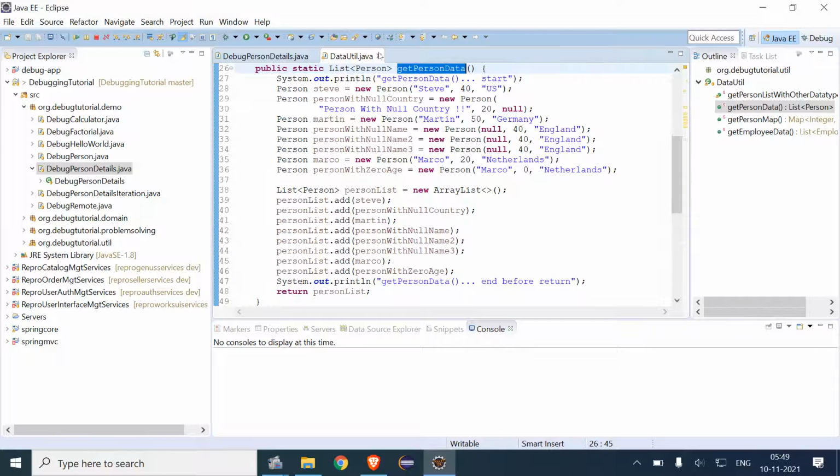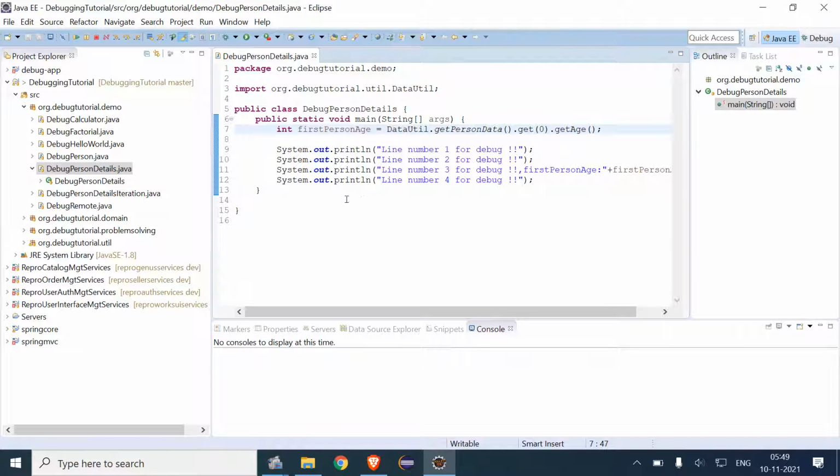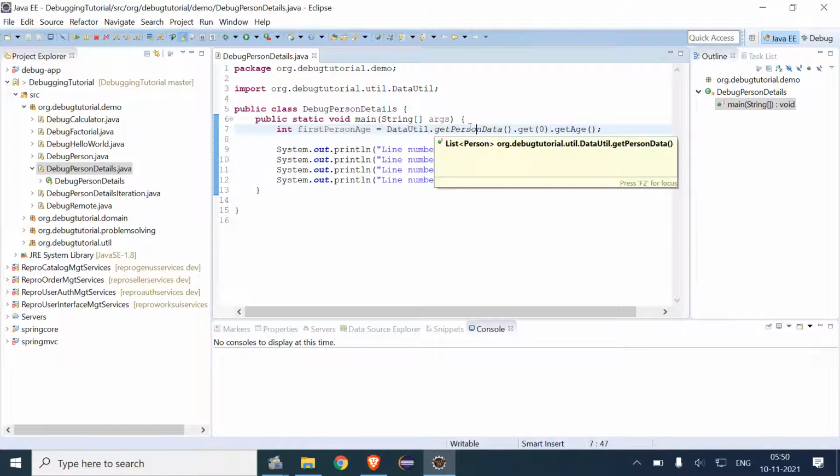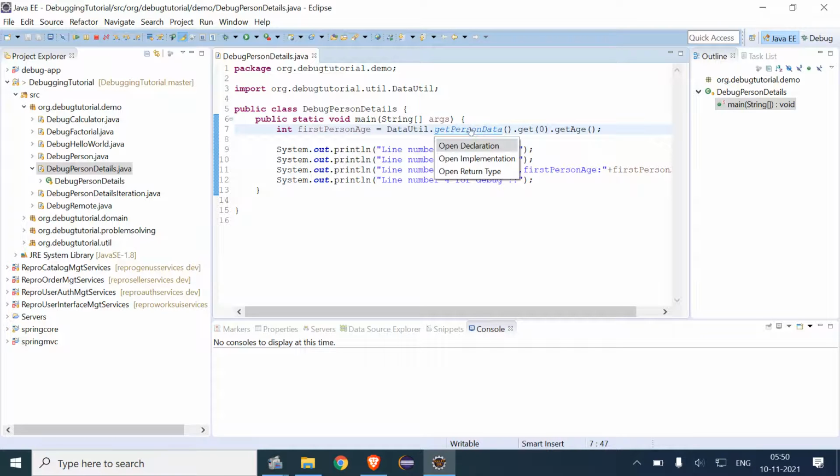So basically we have this one particular method in which we have get person data and get person age. And what if we want to get into this method? We will just simply press Control and click get person data.